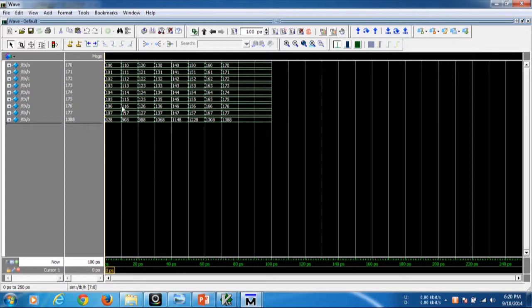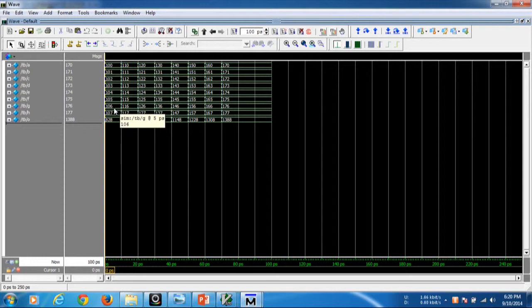Let us verify whether the output O is correct or not. Let's look at the inputs: 100, 101, 102, 103, 104, 105, 106, and 107. If you add all these, you get 800 odd. And the other numbers are 0, 1, 2, 3, 4, 5, 6, 7. So the sum of the series is n into n plus 1 by 2.